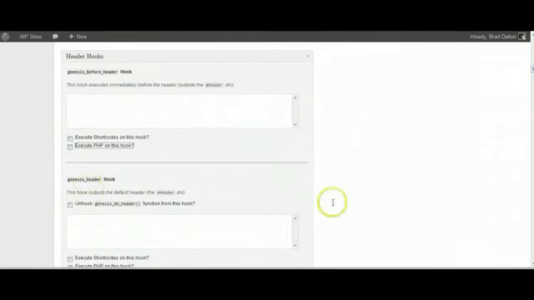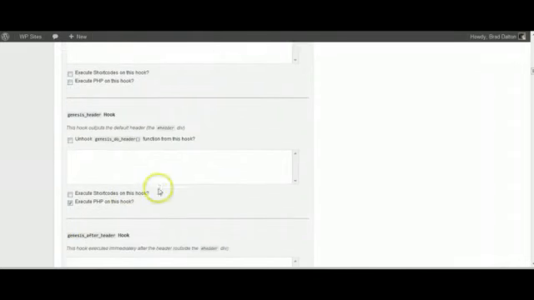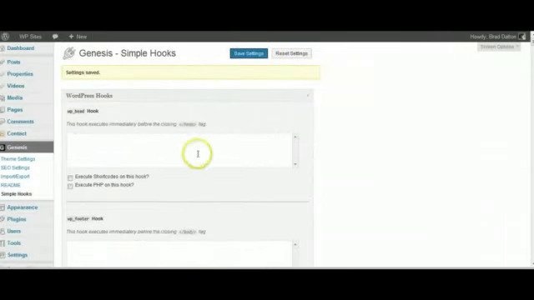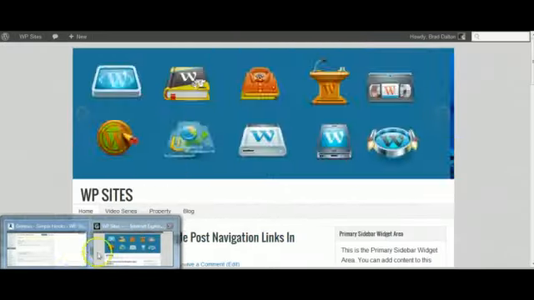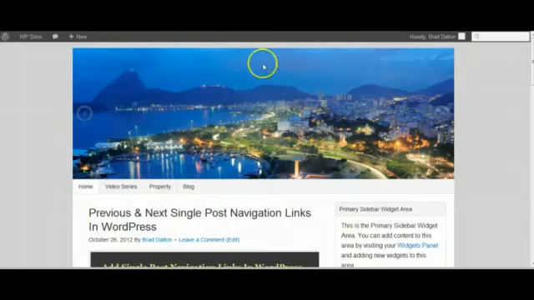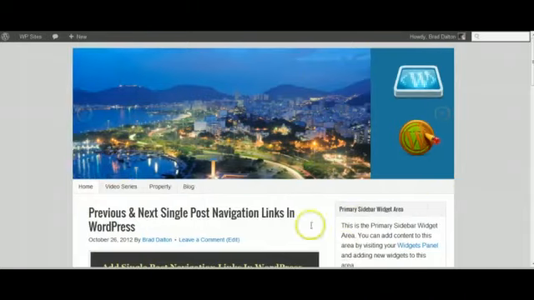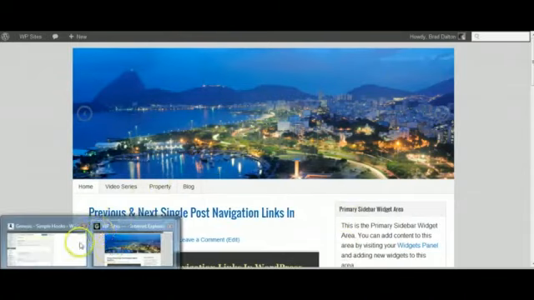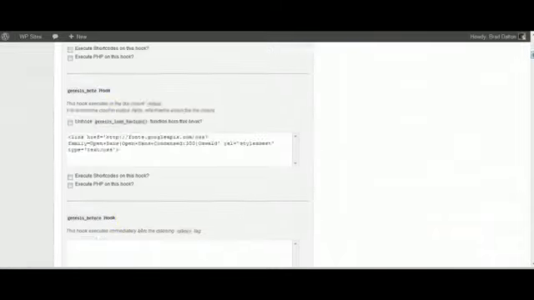So we'll take a look at that, and we just move down to the next box, execute PHP on this code, and you can unhook the header. So you can actually display the slider below the header and keep the header there, or you can totally unhook the header so there's no header. So let's just do that as well. And we'll go here, and this will filter out the header completely. So you've just got the slider here, and you've got the nav menu. Now let's just change it, and that looks really smart. Let's just change it and